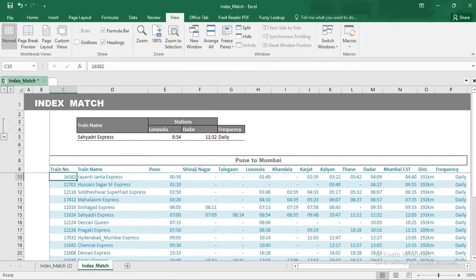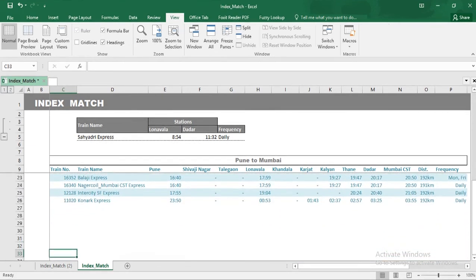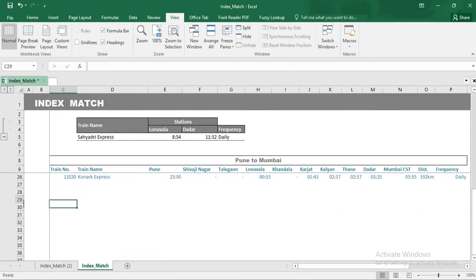You will see a horizontal and a vertical line appearing on the screen. The same are freezing the screen. Now if you scroll down, you will be able to see the headings of the row despite scrolling the screen. So apart from INDEX MATCH,